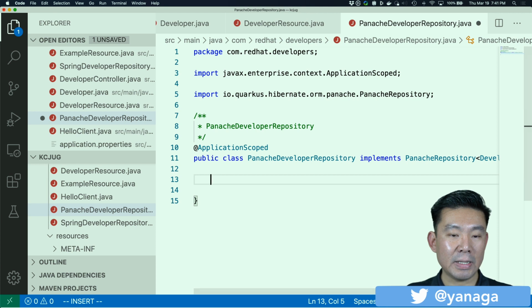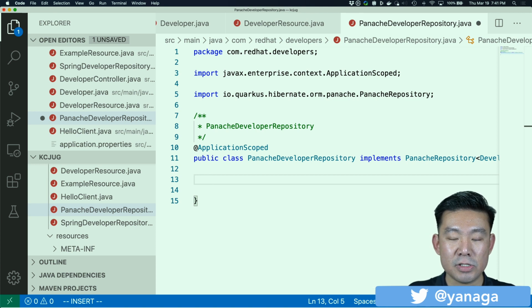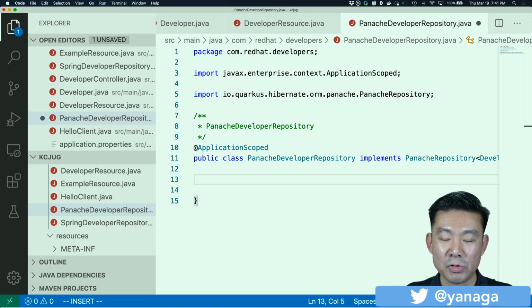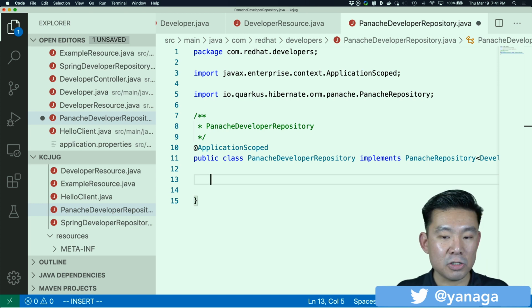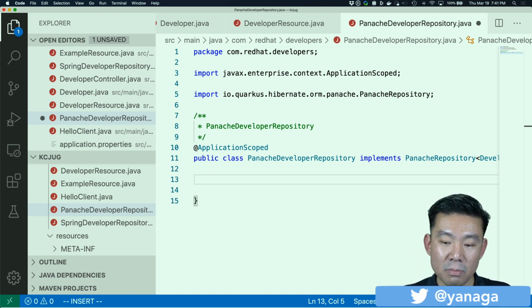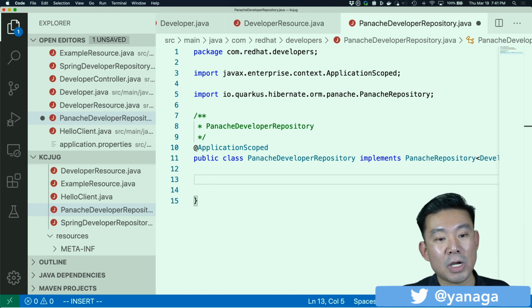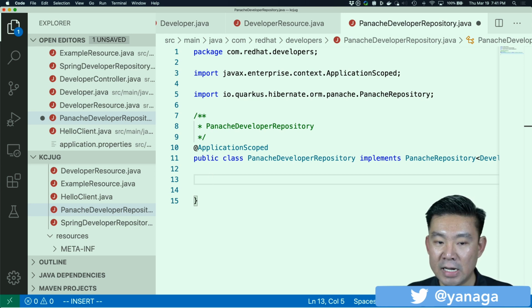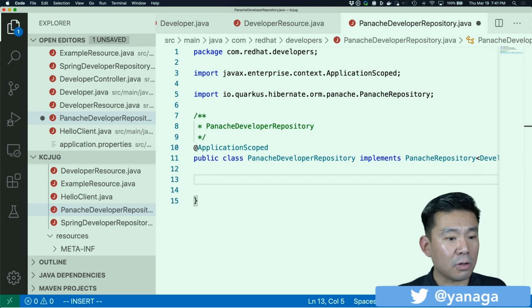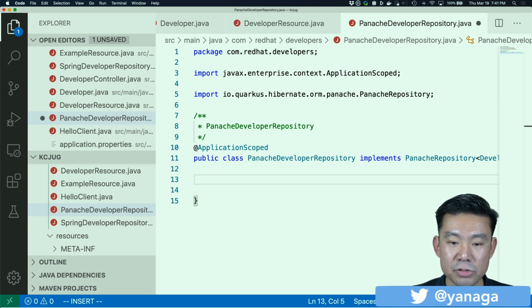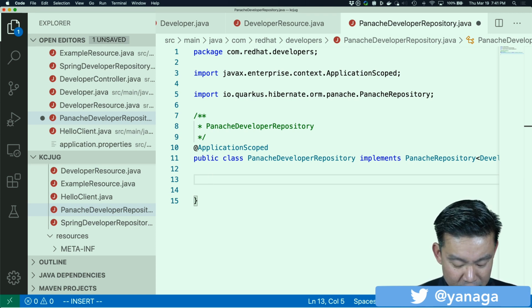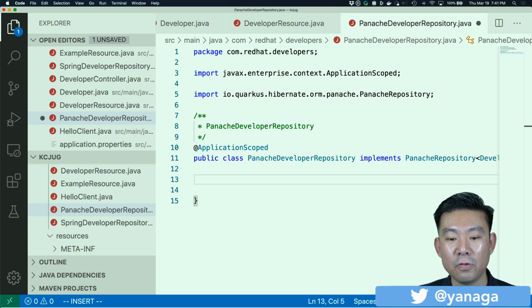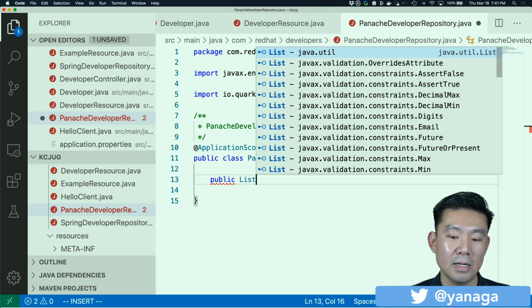So with Panache you can choose if you want the active record style, you can. If you want repositories, you can too. If you want to mix both of them, you can. We don't make any judgments. We just try to help you. So if you want to try the opinionated and very fast approach, you can. If you don't like that, you can keep your traditional style. No judgments.